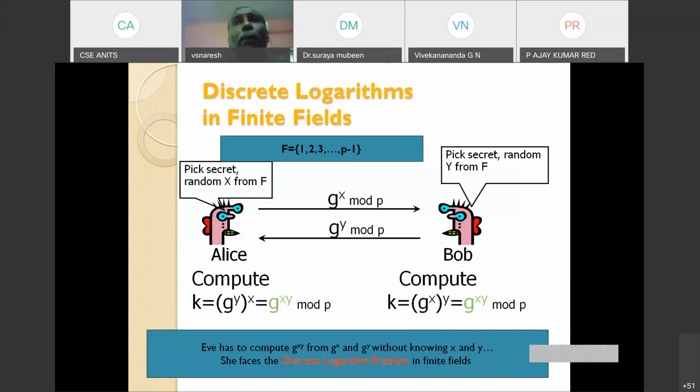With g power x and g power y, we can compute g power x into g power y, which is equal to g power x plus y. That is not g power xy. That is the security of Diffie-Hellman. So this property is